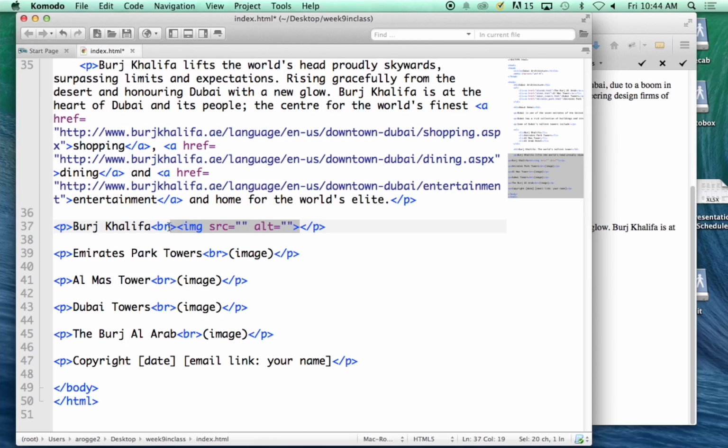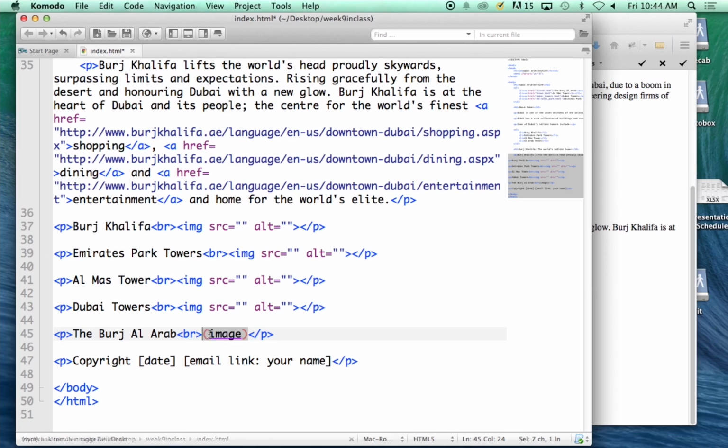Now, I'm just going to take this line, which is empty right now, and I'm going to replace where it says image with this, and then we're going to go through each one and fill them in. Okay, so I've got placeholders. Basically, that's all I'm doing, I'm just building placeholders. And then for the alt tag, I'm just going to use what's going to be in the caption. So I'm just going to